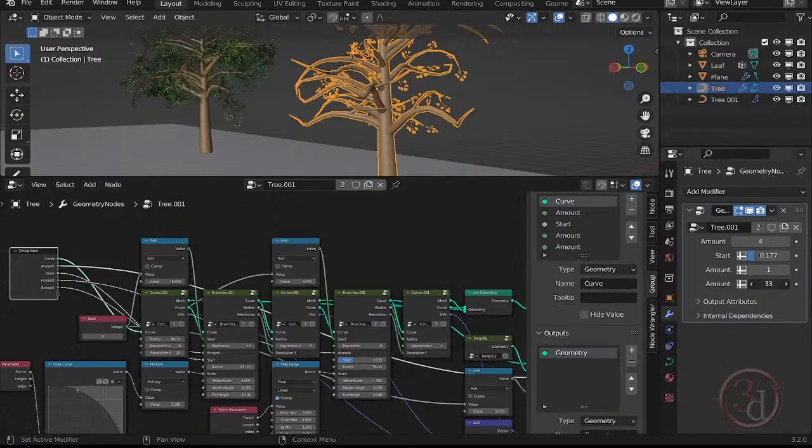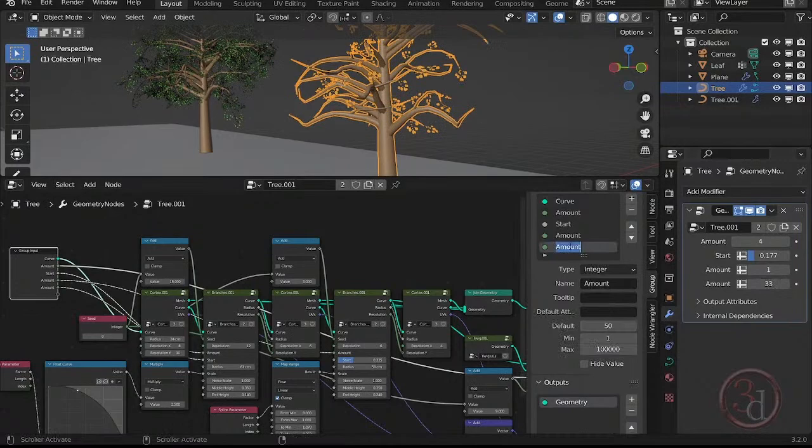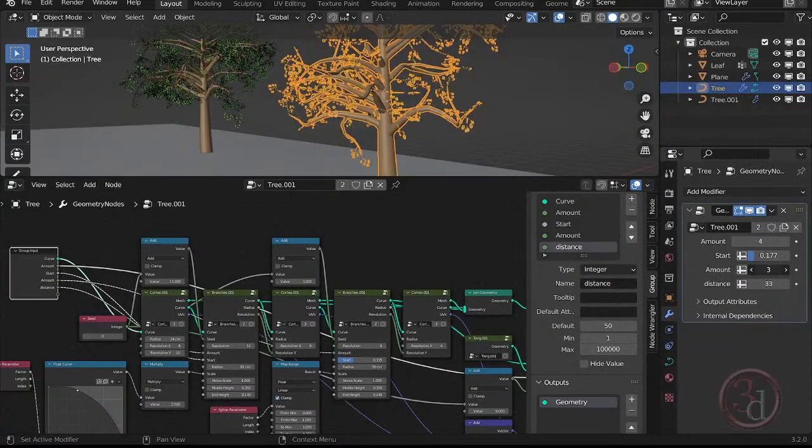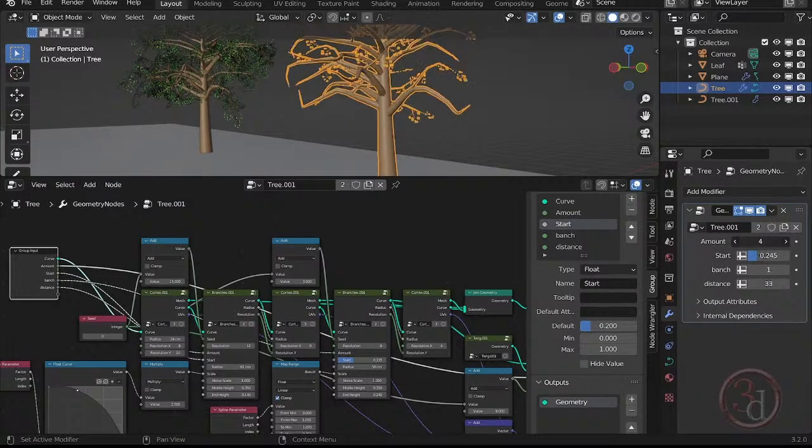So if this is the one that is adjusting the distance, we can just give a name, double click, anything that you can remember for yourself. All right, and this amount is the amount of branches. Okay, upper level branches. Okay, branch. And then this start, what is this start doing? This is the starting point, that is fine. And this is the amount of leaves. So we can